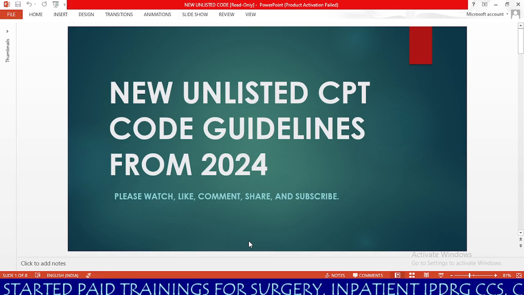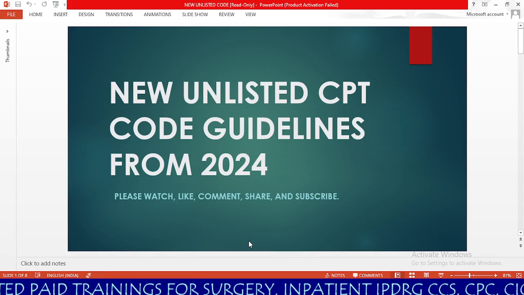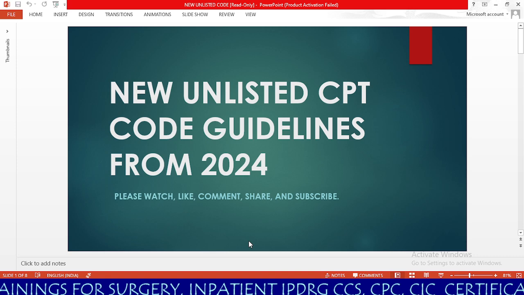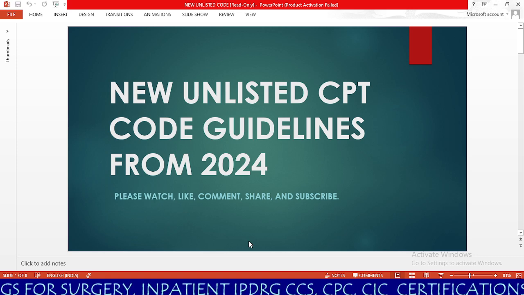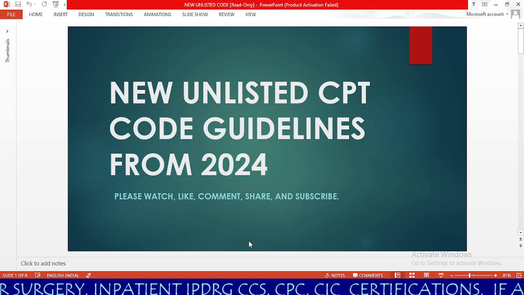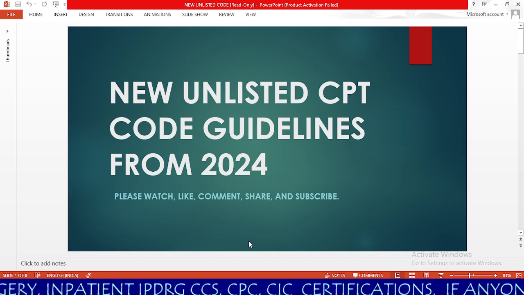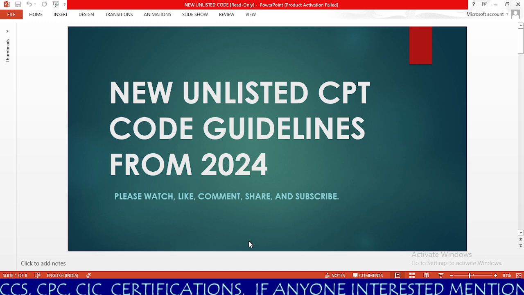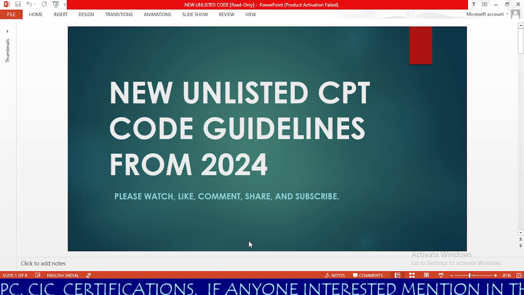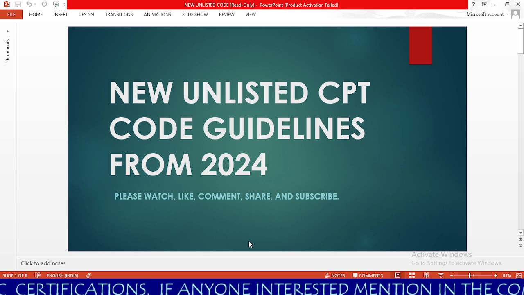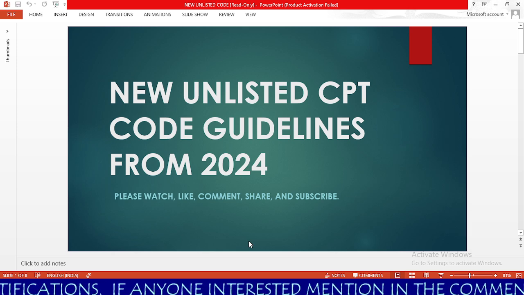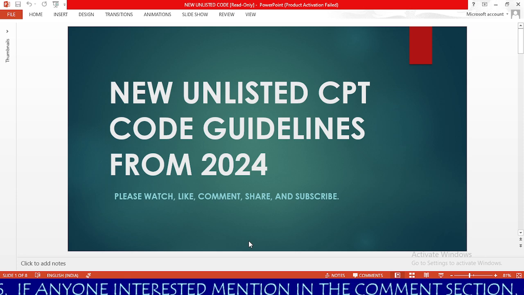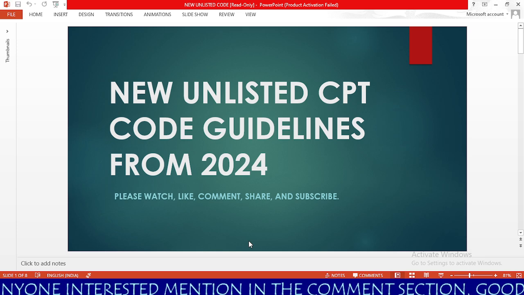Whenever we code any type of procedure using CPT codes, if you are unable to find the CPT code for the procedure performed by the physician, usually based on CPT guidelines, we need to use a CPT unlisted code. In 2024, we have a few new guidelines related to unlisted CPT codes. So here we are going to learn what the new guidelines are after 2024, which we need to use from